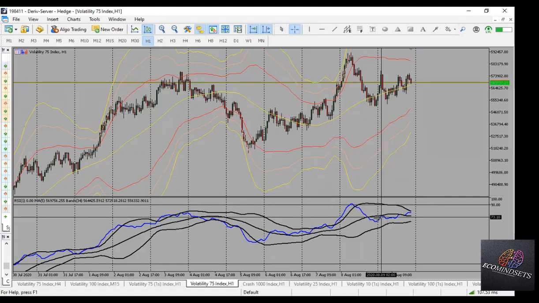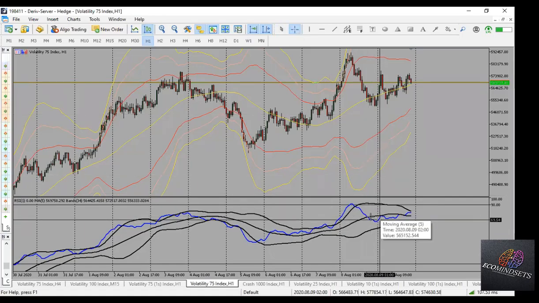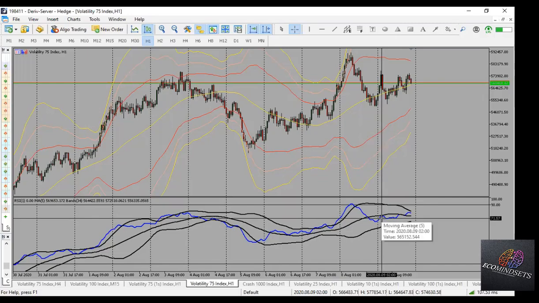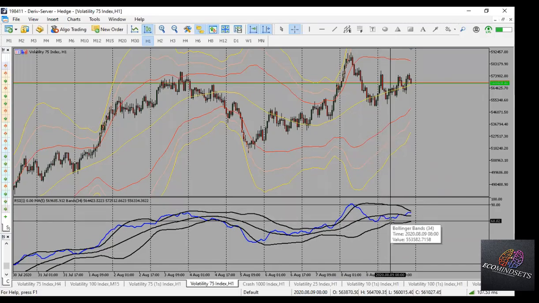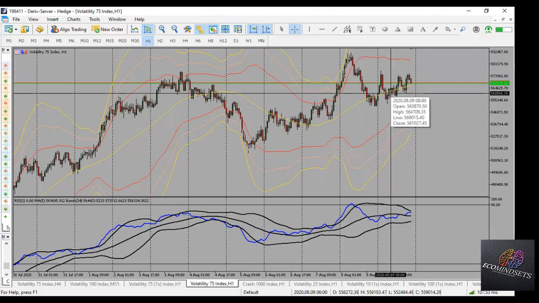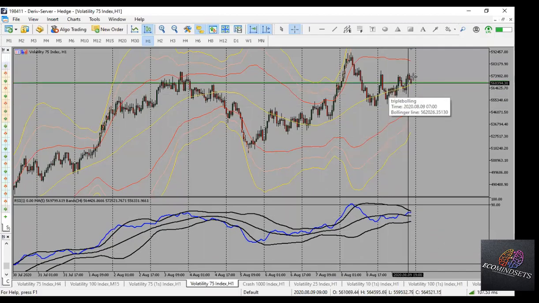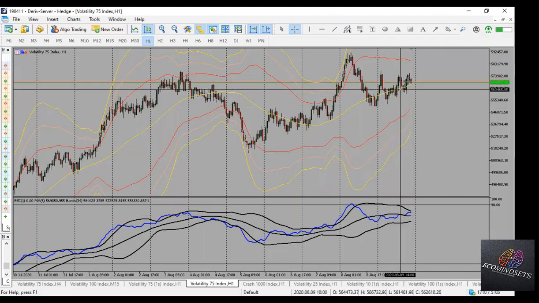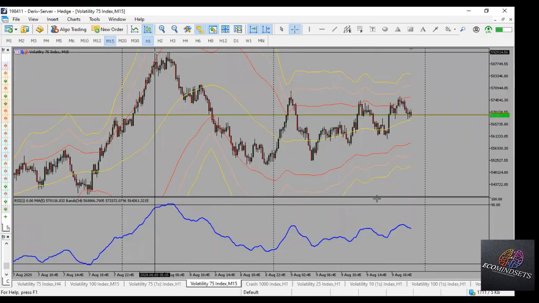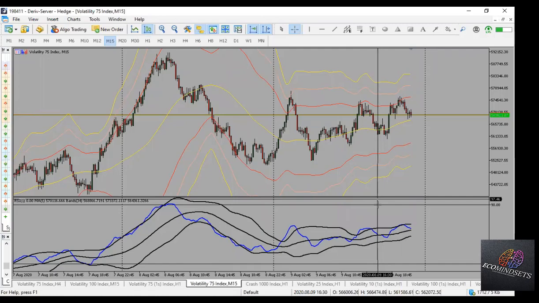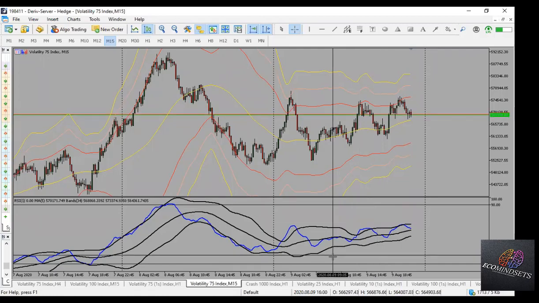Why? Because this broke out of the middle Bollinger Band, but then it didn't break back up. It only bounced and then fell again. So this didn't confirm this buy for me. I would have allowed this opportunity to go. But then I can go back to 15 minutes and see if there is a confirmation there. And yes, we have confirmations on 15 minutes.